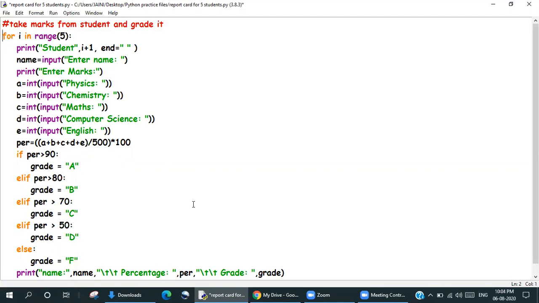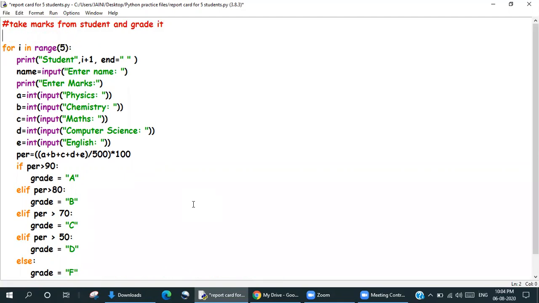The same thing I want to do with a while loop. So I'm going to say i equals 1, and then I'm going to write over here while i is less than or equal to 5. Sorry, not more than, less than.